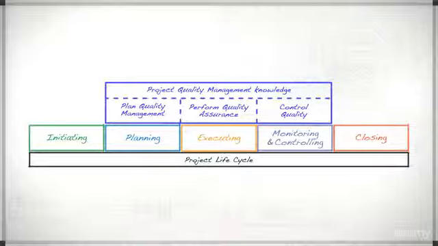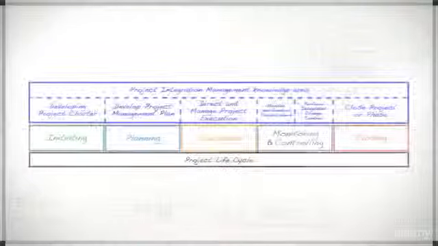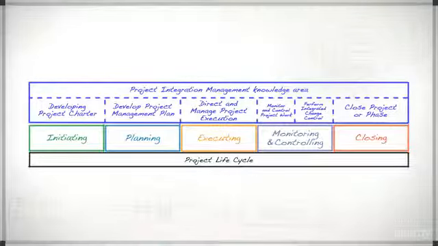Quality is one of the knowledge areas where each respective knowledge area concentrates efforts that are similar in nature to respective project activities. For instance, the project integration knowledge area spans all 5 process groups and promotes processes that will be used within the project's life cycle to drive the project from inception to closure.